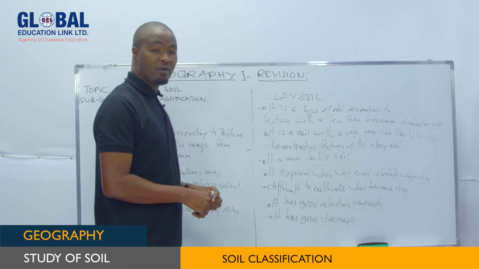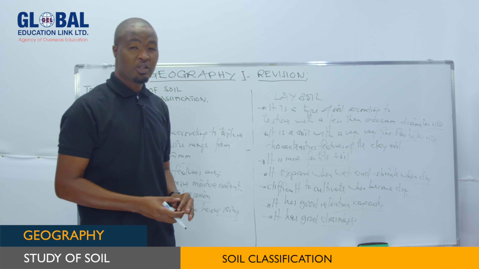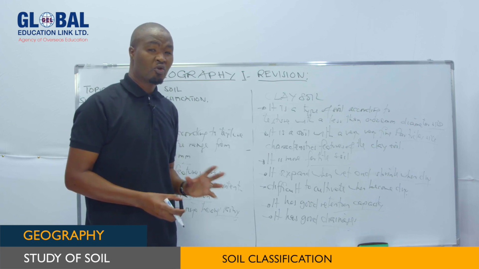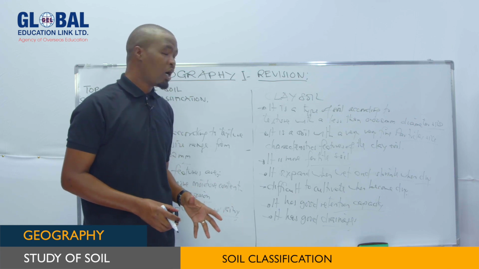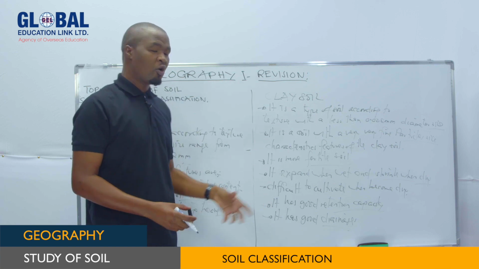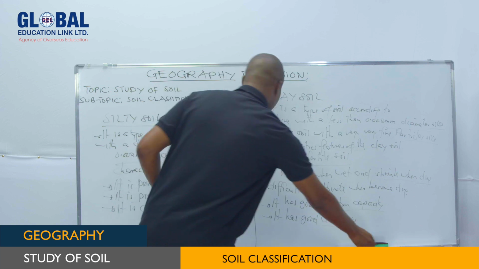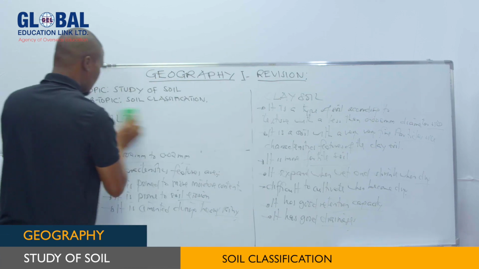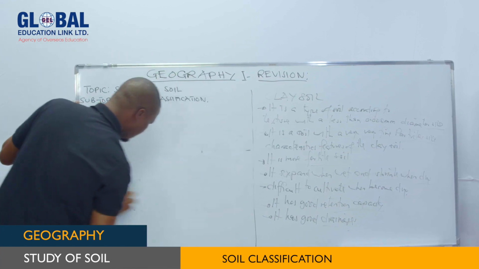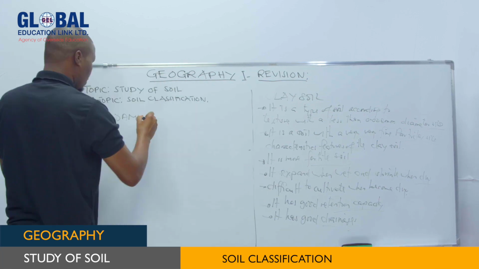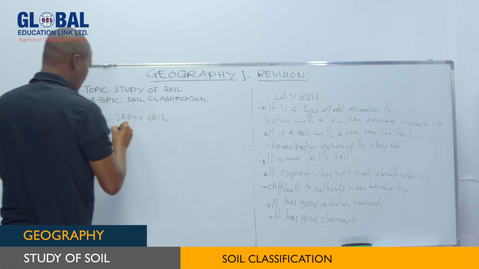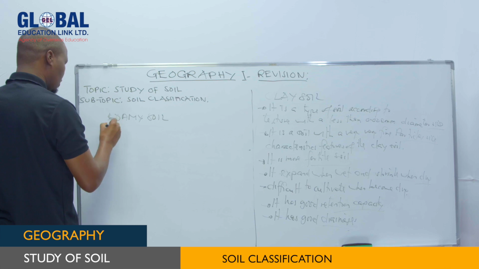Then from there, we have the last type of soil according to texture. We call it the loamy soil. The loamy soil is a type of soil which occurs as a result of the combination of these three types of soil, as I've explained. So let's see what is loam soil. In a simple way, loam soil texture refers to the type of soil